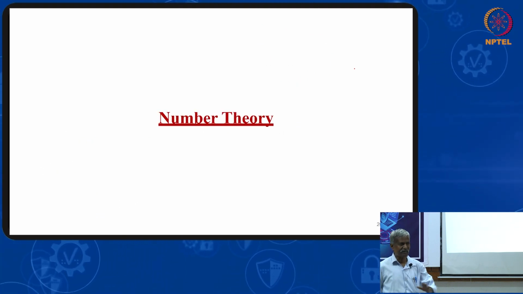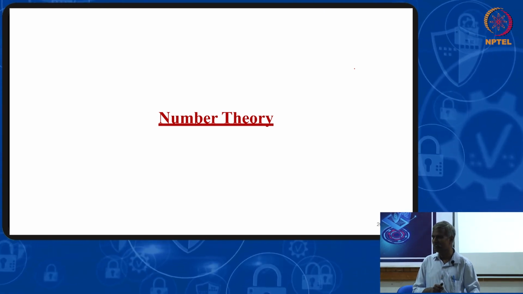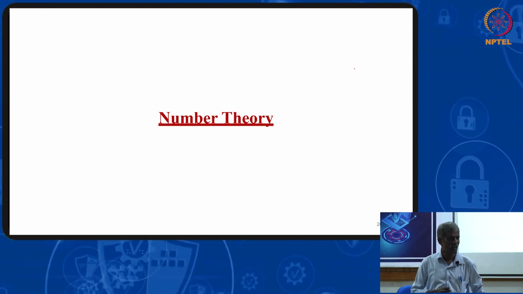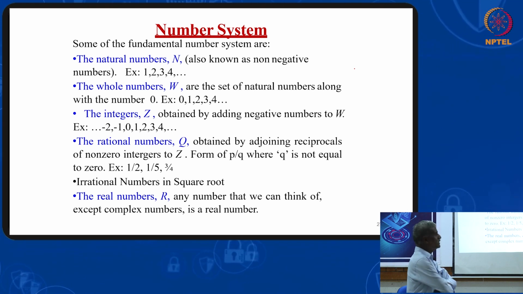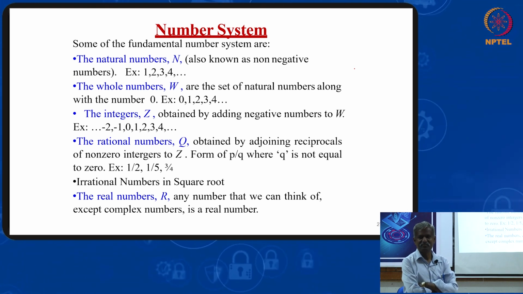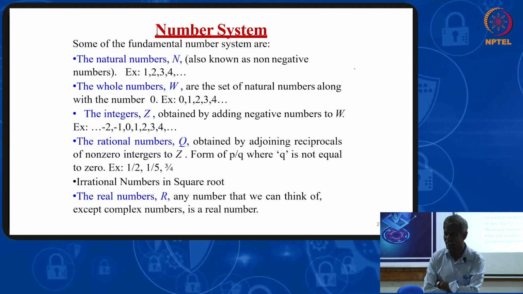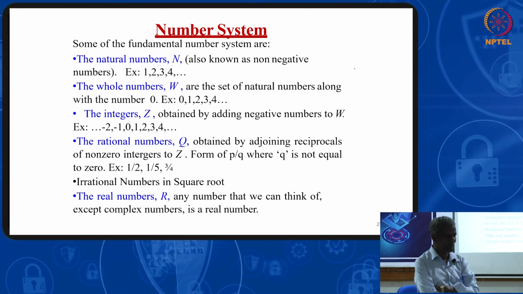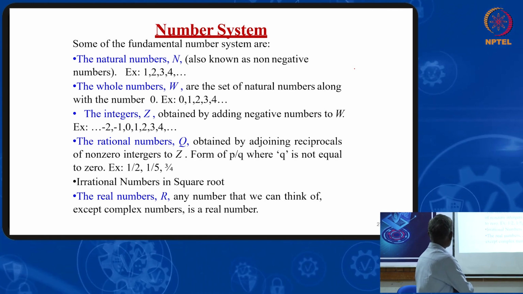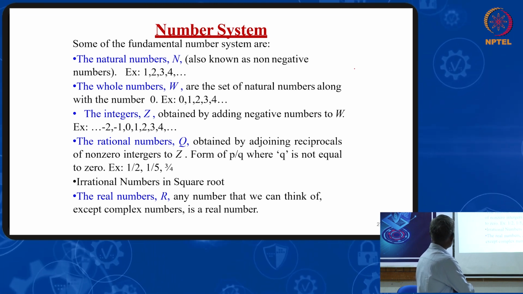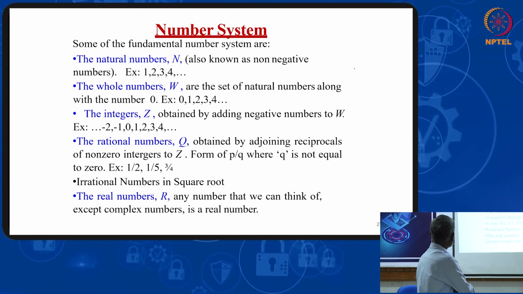So I did some algorithm. Now I will be going to the mathematical background of cryptography, number theory. We know all the number systems. First the natural number. So natural number means 1, 2, 3, 4, 5, 6, etc. Up to what is the last number? Up to infinity. The set of natural numbers is represented by N: 1, 2, 3, 4, etc.